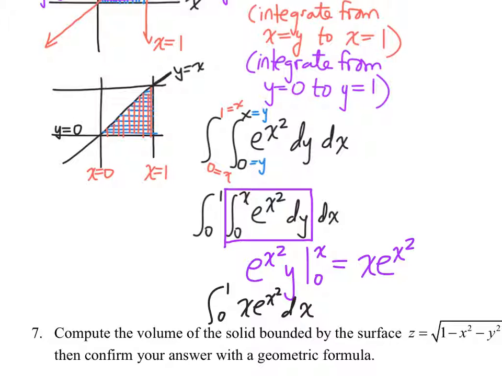Now you can go to the calculator for this, but this actually also happens to be something that you could do by hand, right? Because this is actually simple U substitution. We know that the antiderivative of e to the x is e to the x, since the derivative of e to the x is e to the x. So if you make the assumption that the antiderivative is going to involve an e to the x squared,